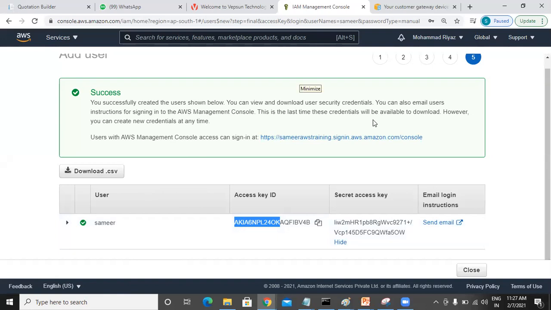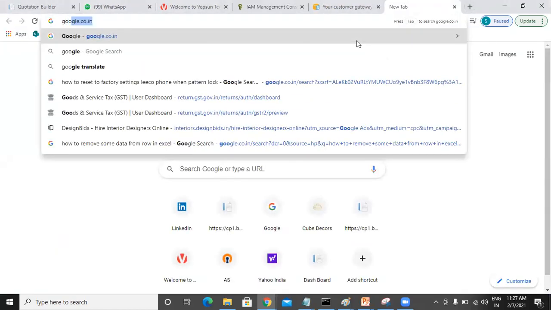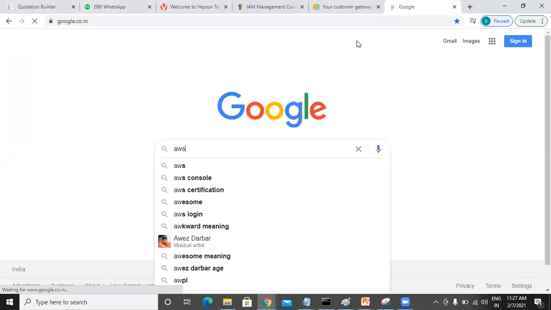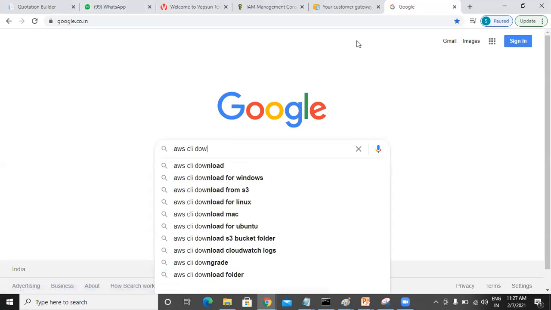So whenever you want to use your command line skills to communicate, you need to use this. Now you will ask me, sir, how do I use it? You need to remember, whenever you want to connect to the command line, you need to go to Google and type AWS CLI download for Windows, if it is a Windows operating system.